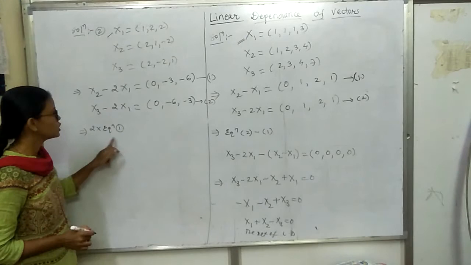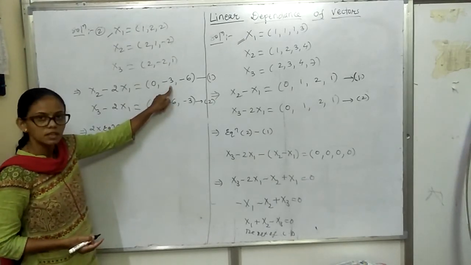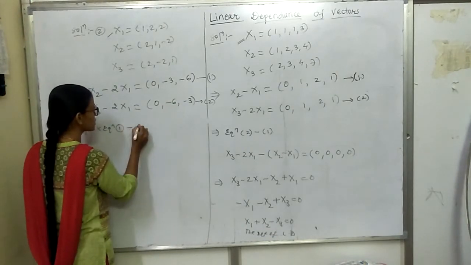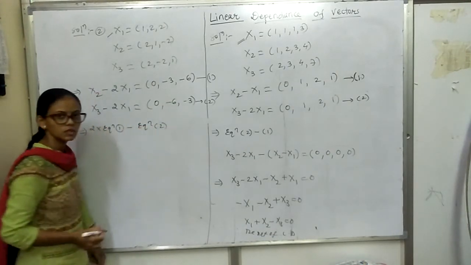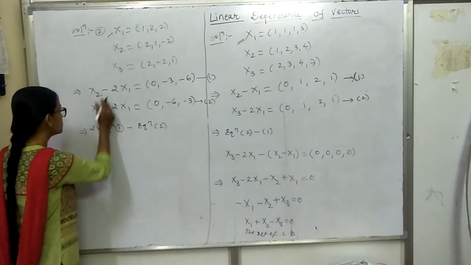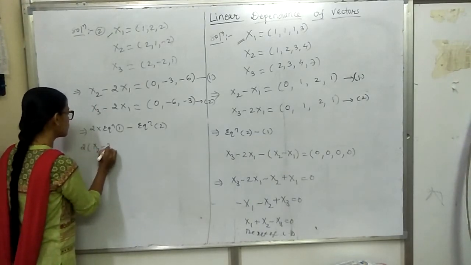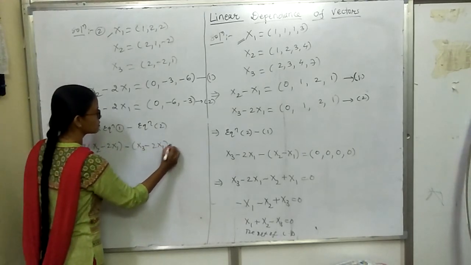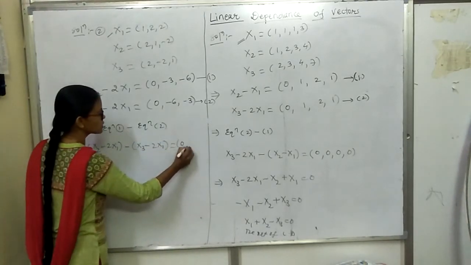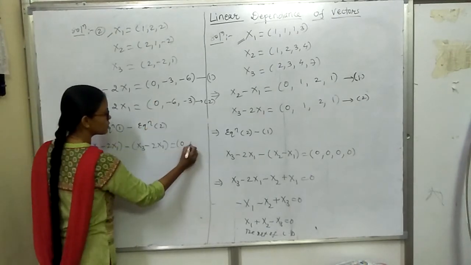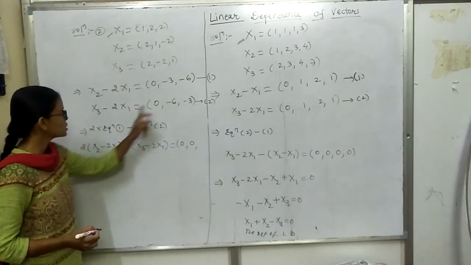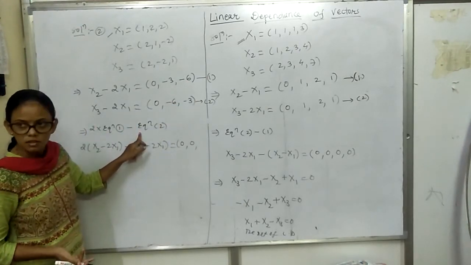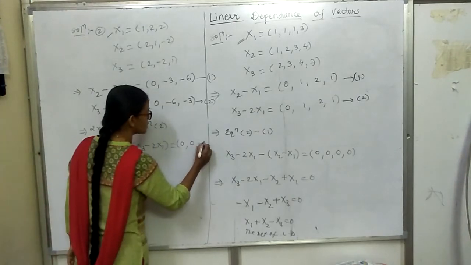So I am applying transformation, 2 times equation 1. Multiply equation 1 by 2, so it will be minus 6, and minus 6 having same sign, so subtract with equation 2. So if you apply this transformation, it will be 2x2 minus 2x1 minus equation 2, x3 minus 2x1, is equal to first component 0, second component again 0. Now equation 2, it will be minus 12 plus 3. Minus 12 plus 3 will be minus 9.